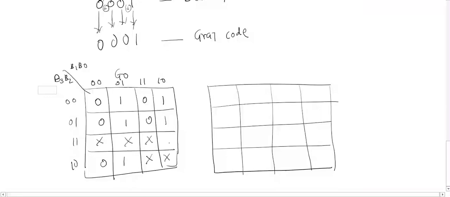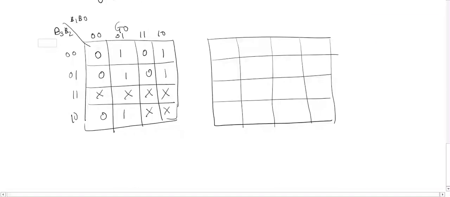So all these are the don't cares. Now we'll try for the octet, then we'll try for the quad, then we'll try for the pairs. The octet is not possible, so we'll try for the quad. This is my first quad. This can be my second quad. This is group number 1 and this is group number 2.